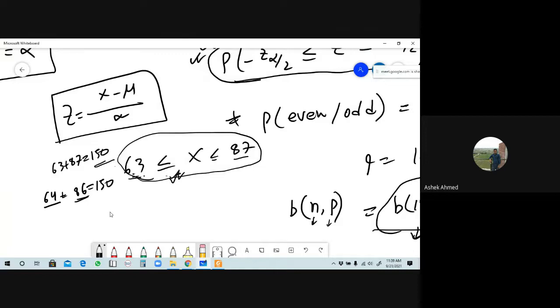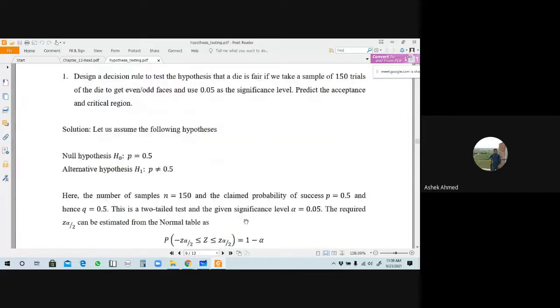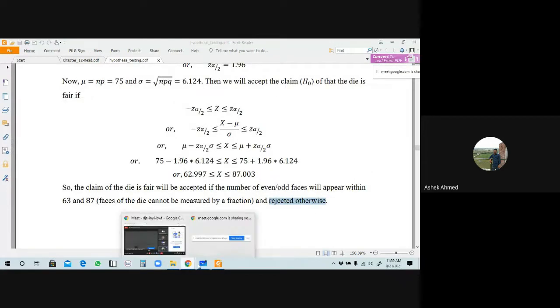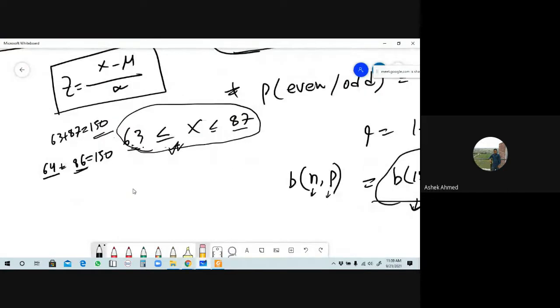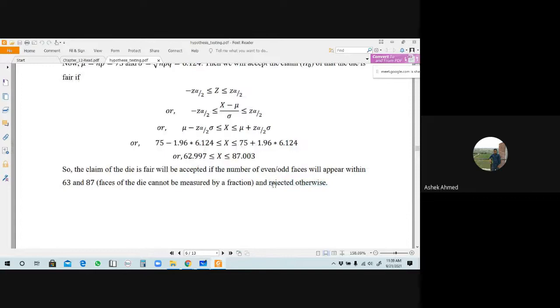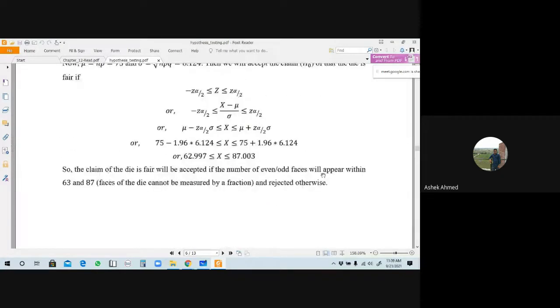64. Okay, তাহলে আমাদের এই রিজনের মধ্যে থাকলে that will be কি হবে? Accepted. Otherwise rejected. Otherwise মানে কি? What do you mean otherwise? Otherwise means here the values of x either greater than কত হবে? The values of x either less than 63 or greater than 87. যদি x এর মান 87 থেকে বড় হয় তাহলে রিজেক্টেড, আর 63 থেকে যদি লেস দ্যান হয় then that will also be rejected. Understand that is given here. এটা কিন্তু এখানে ডিসকাস করা হয়েছে। তাহলে এটাই আমাদের অ্যানসার, predict the accept and rejected result, so that will be the result from here, okay.